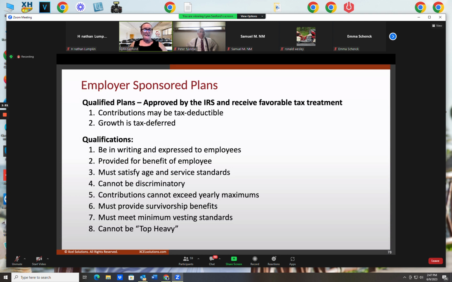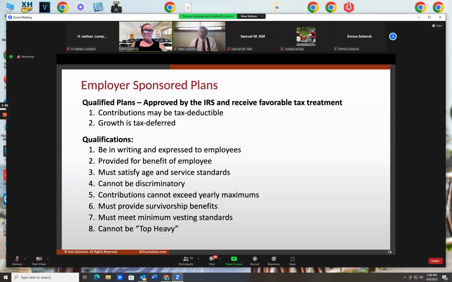Contributions cannot exceed yearly maximums, and Congress sets yearly maximums. Usually 25% of a person's gross annual salary. I think the legal maximum is now up to $23,500 per year. It's the maximum contribution to a qualified plan. They adjust it periodically, just about every year, but they have to vote on it to increase it. So right now, they increase it from $22,500 up to, I believe, $23,500. Contributions cannot exceed yearly maximum set by Congress.